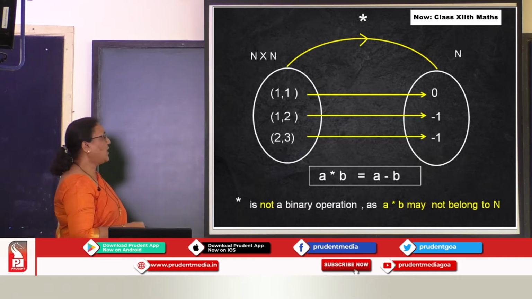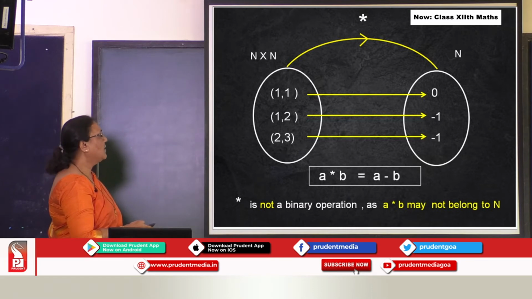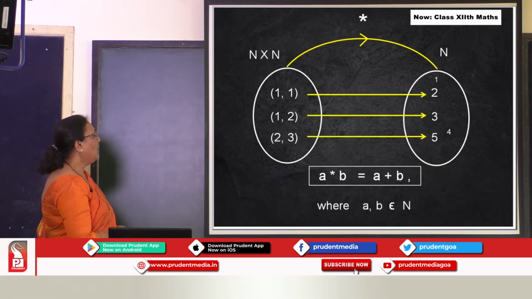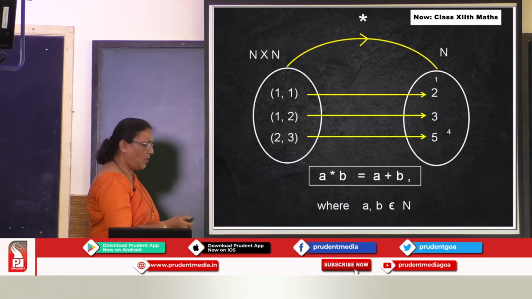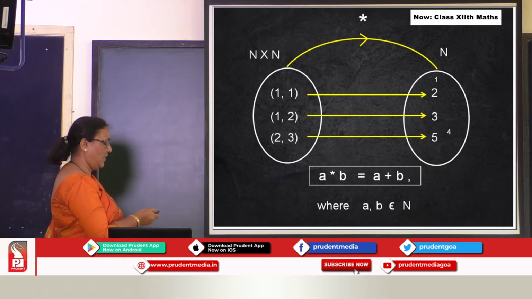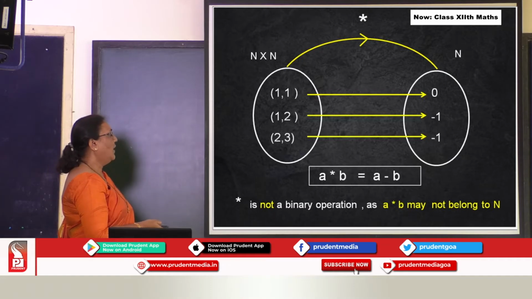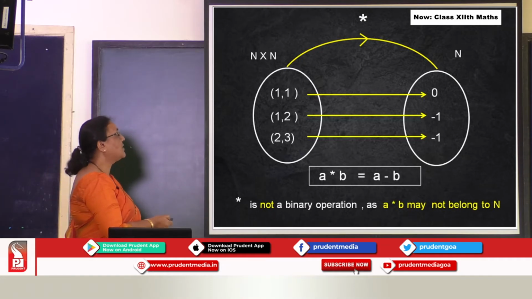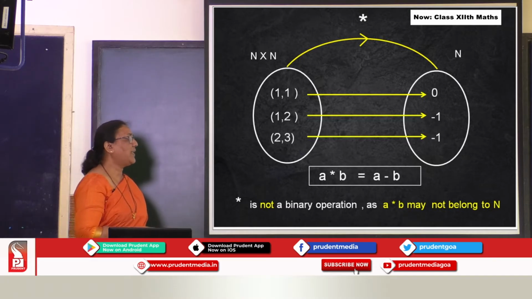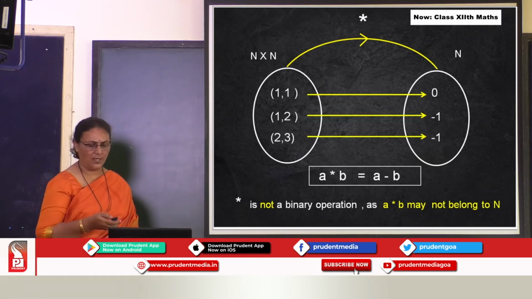Is it clear to you all what a binary operation is? I'll just repeat again. See here, if all the elements belong to the natural numbers 1, 2, 3, 5, and the result belongs to the natural numbers, then it is a binary operation. Whereas in this example, A minus B, the result does not belong to the natural numbers, therefore it is not a binary operation. Okay students, any doubt here?